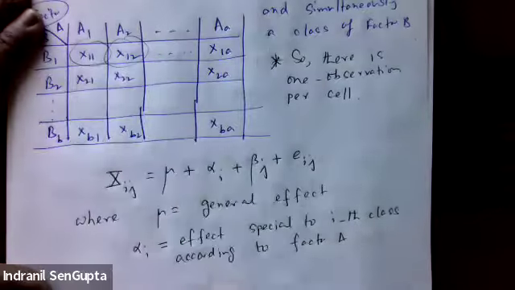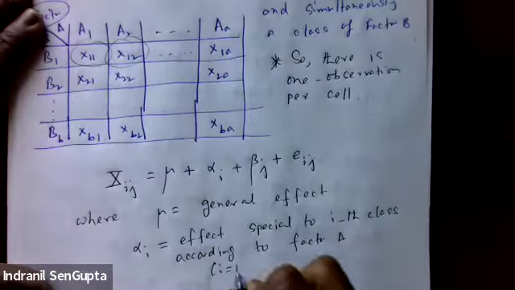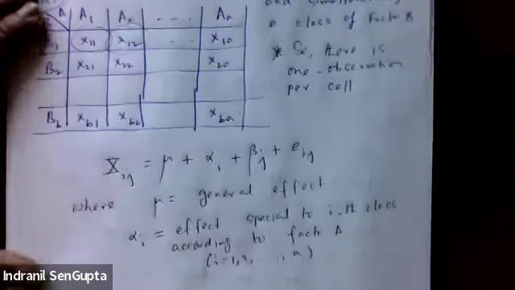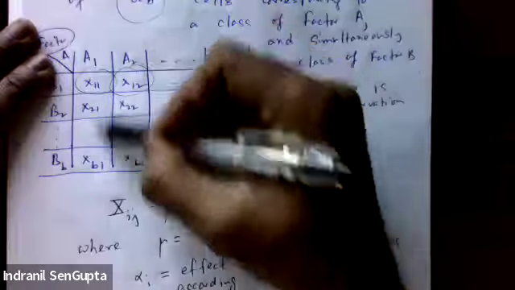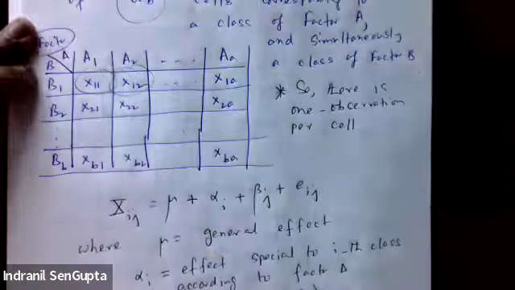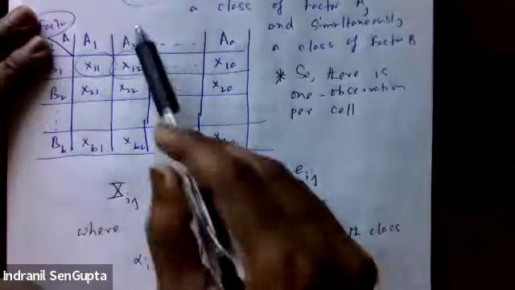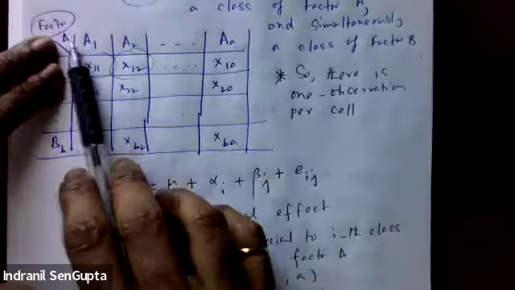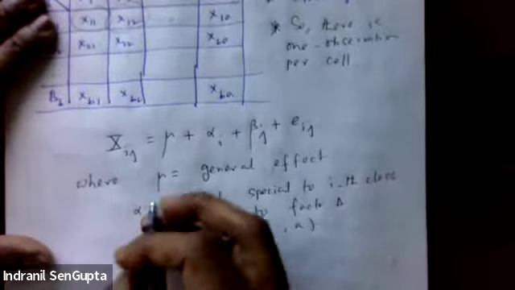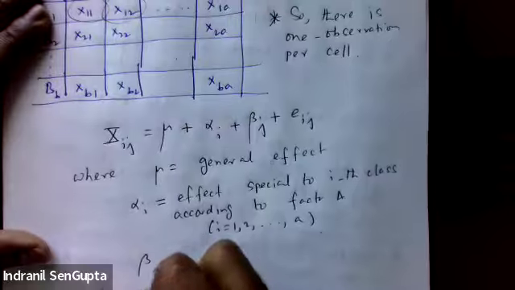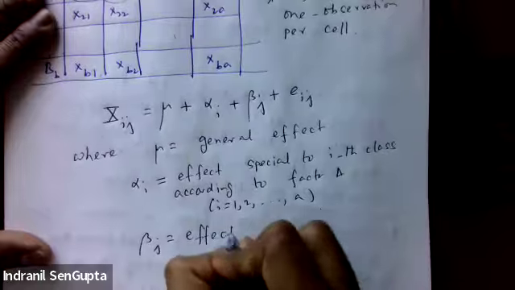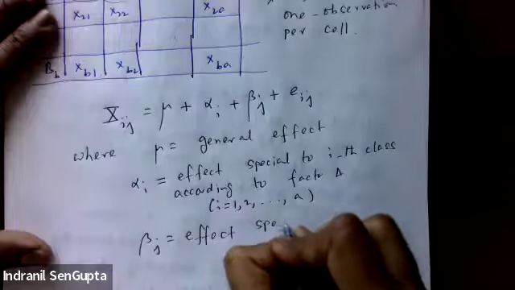Okay, and what is my i running from? So i is 1, 2, all the way up to a. So for every column, since they are from the same factor, factor A, they have an effect special to that. So that's something we call alpha i. And beta j, this is the effect special to